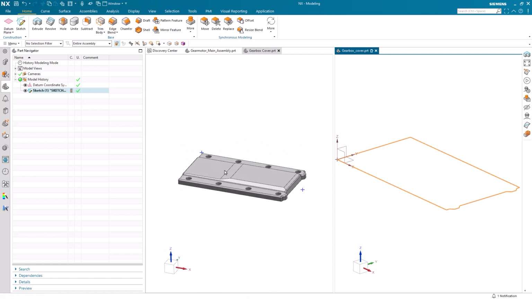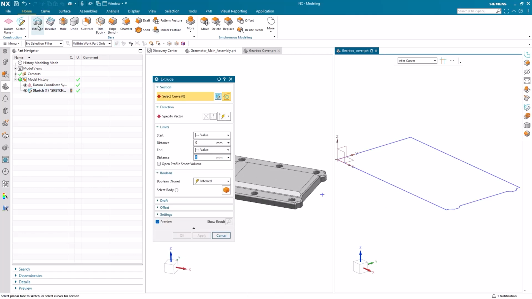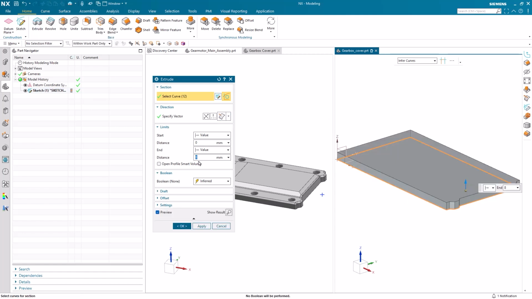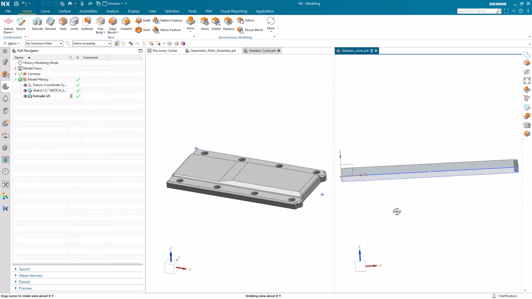The extrude command in CAD is used to create a 3D shape by extending a 2D sketch along a straight path, usually perpendicular to the sketch. We are prompted to select a distance for the sketch to extend to, and now we have the start of our 3D design. Next, we can begin to create the second part of the gearbox.